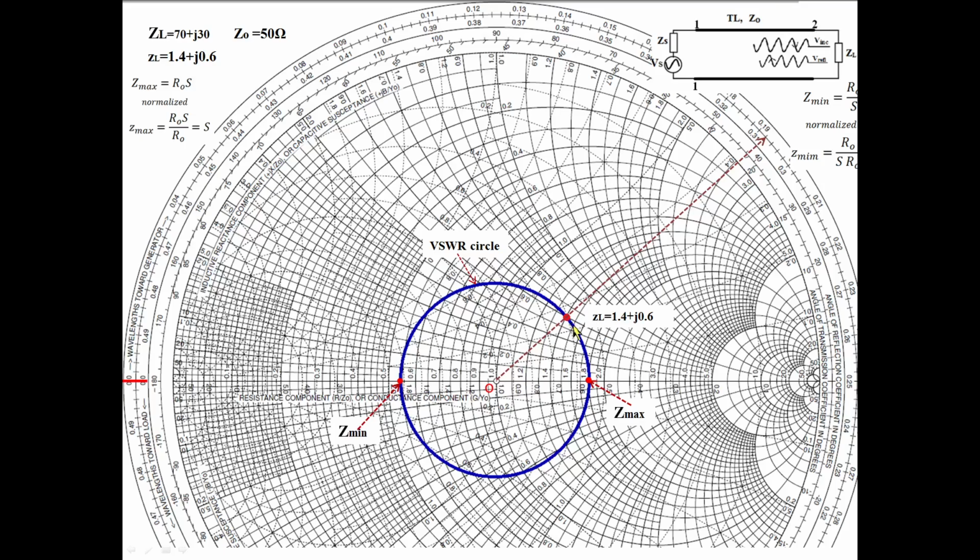Now you see, while traversing like this, we are moving over a transmission line. We are moving over a transmission line, and we can see the impedance values. As we saw, at any point we can see the impedance value. It is the intersection of the resistance circle and the reactance circle values. But you see, whenever starting from the load, you move like this, whenever this VSWR circle intersects the right side horizontal line, see, this is the right side horizontal line.